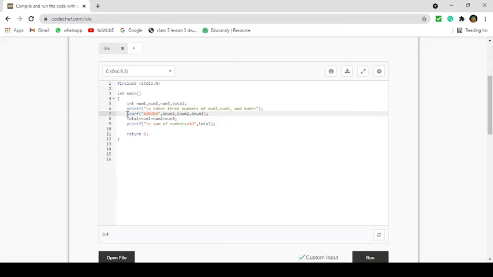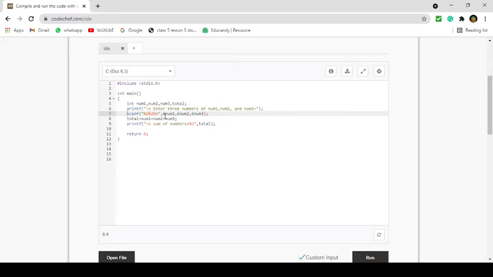Now here I am using %d three times because I am entering three numbers at runtime. Like this, in double quotes you have to write %d three times without spacing, then comma, &num1, comma, &num2, comma, &num3. Ampersand is used for the address of a particular variable.